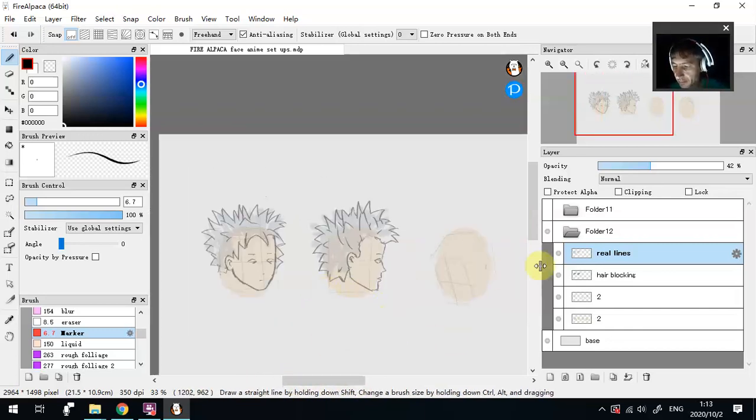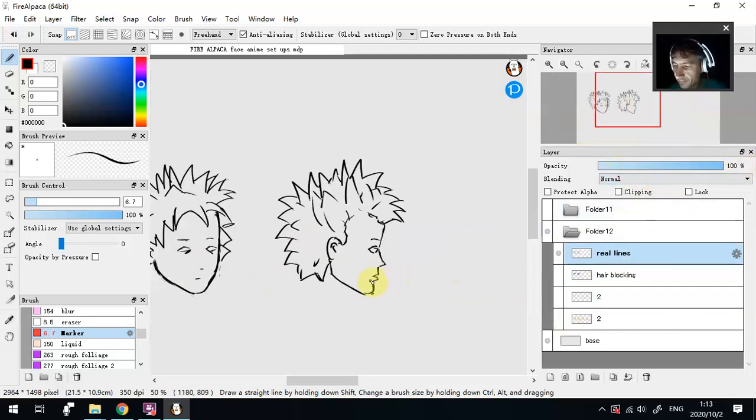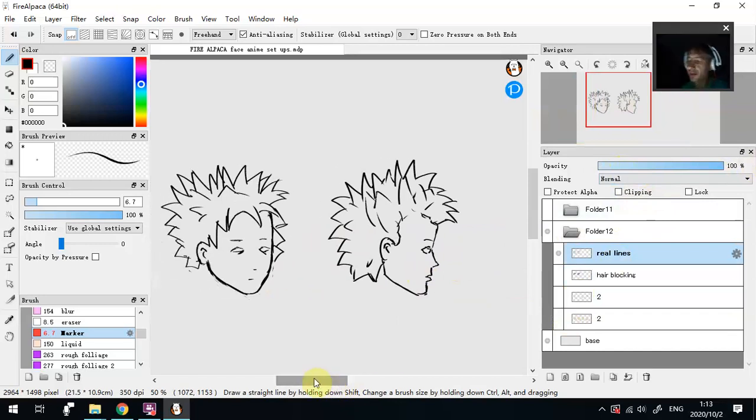Okay, and that's what I'm basically doing. Once that's finished, I can just turn off all that stuff, colour them in, turn this up, turn the lines all the way up. It'd be nicer if they're a bit cleaner, but what I'm basically doing is...